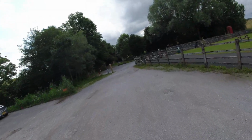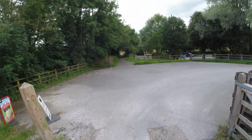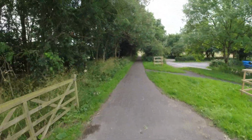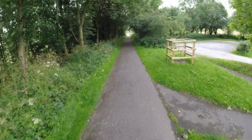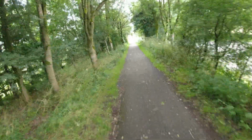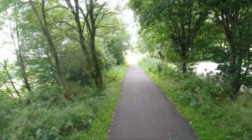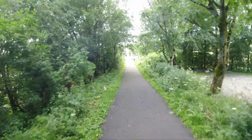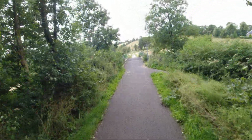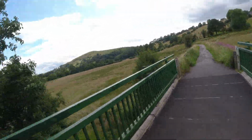So yes, the railway was put in 1904. I've never seen it actually written as such, but just a short way down the track here on the left hand side is Ecton Hill, which was very, very rich in copper. And there's been copper mining in Ecton Hill since Roman times, in actual fact,